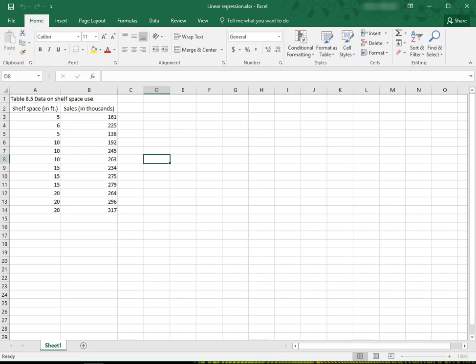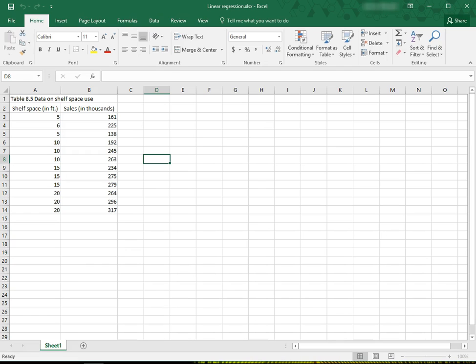We must look into how much shelf space accounts for the variation of sales. Discover whether there's a significant relationship between shelf space and sales. Develop a linear equation for predicting sales given the shelf space. And then predict the weekly sales of the specialty paper product for stores with 7 feet of shelf space for